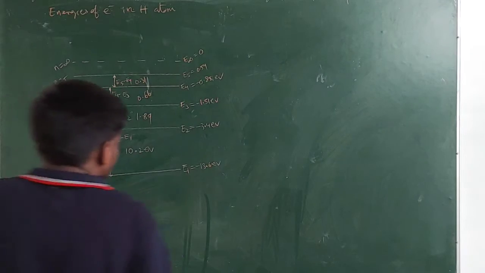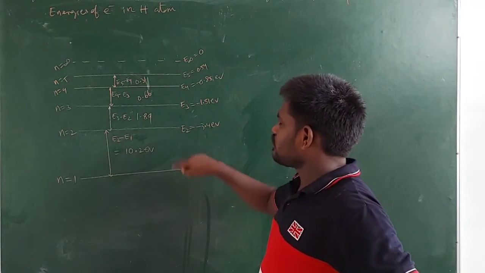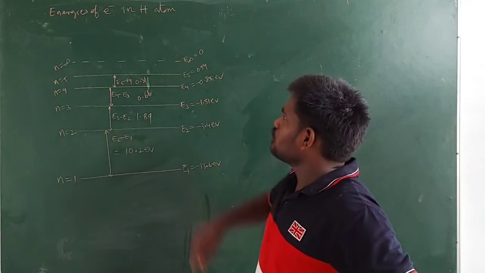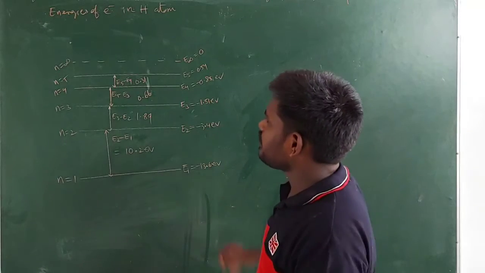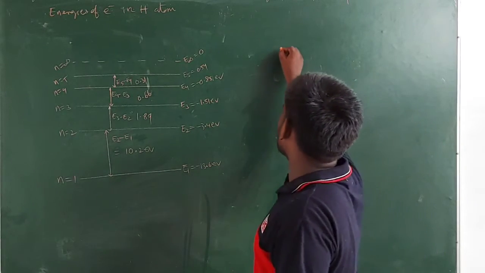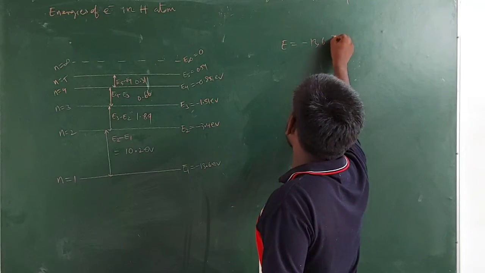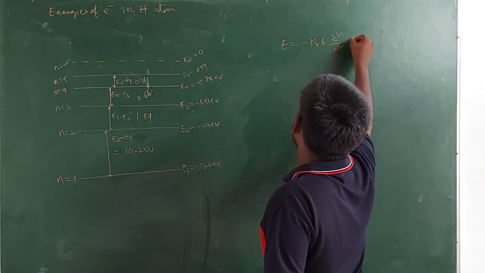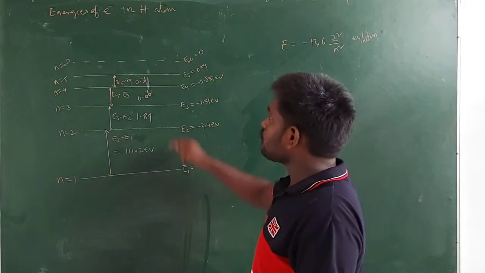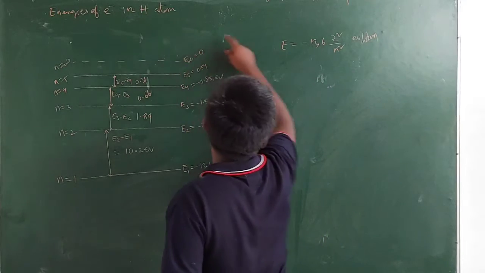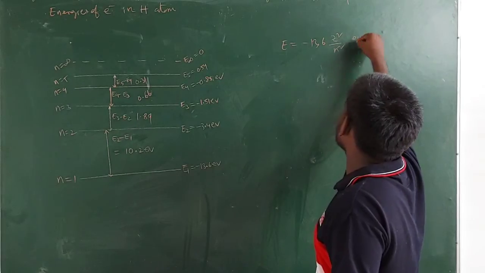Yeah, so right guys, these are the energies of the electron present in the first orbit, second orbit, third orbit up to the infinite orbit. These energy values we can calculate from the energy equation in electron volt per atom. Energy is equal to minus 13.6 Z square by n square electron volt per atom. So we are talking about one hydrogen atom, so here you can take Z as 1. So it will be electron volt.